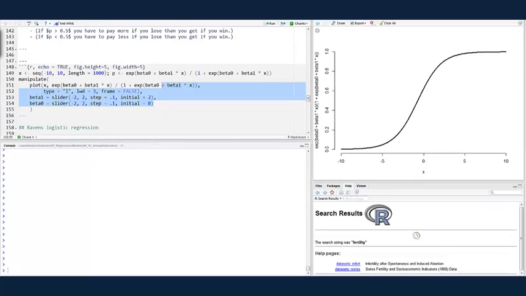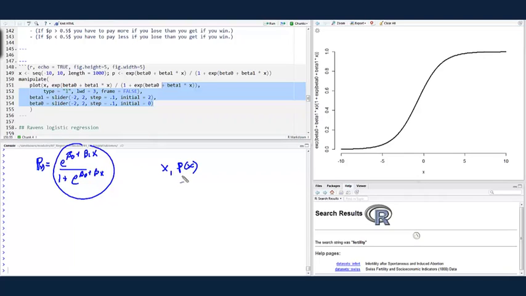So let me get my pen here. Just remember that our logistic regression model was that the probability was e to the beta naught plus beta 1x over 1 plus e to the beta naught plus beta 1x. So this is a logistic curve, right? The function, I just call that p of x. So the plot of x and then p of x is showing